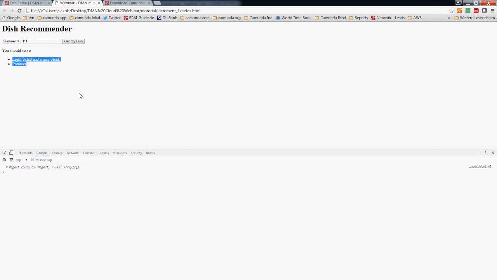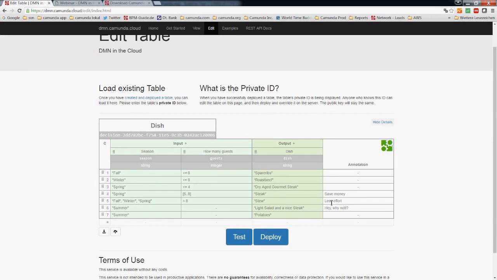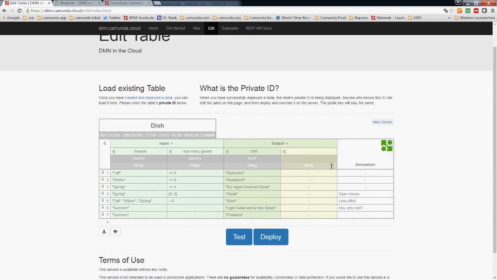Okay, nice. Let's do a little bit more now. So what I would like to do next is I would like to introduce a second output column, because that's also possible in DMN, which is actually quite powerful. So what I can say now is, okay, let's say that it's not only about food, it's also about beverages. So what I can say now is, okay, there's drinks that I'm going to serve,